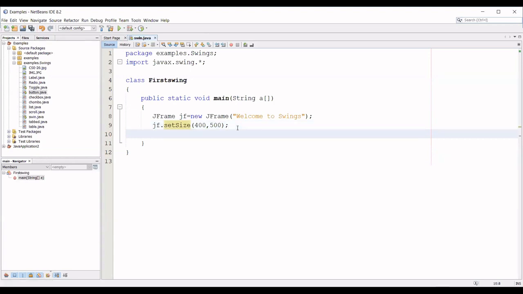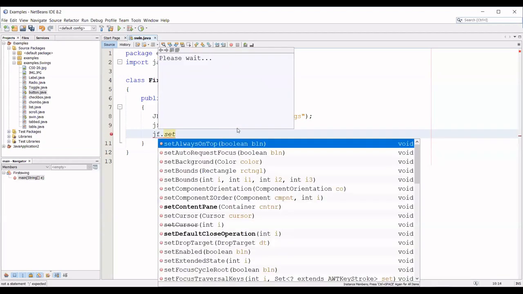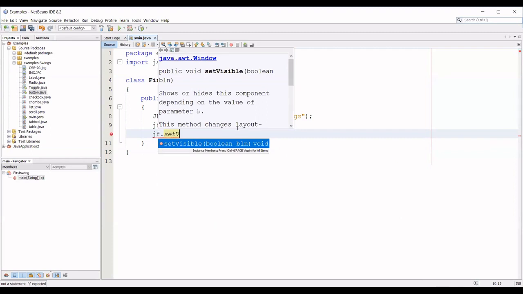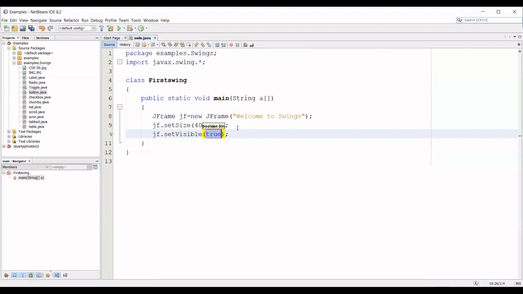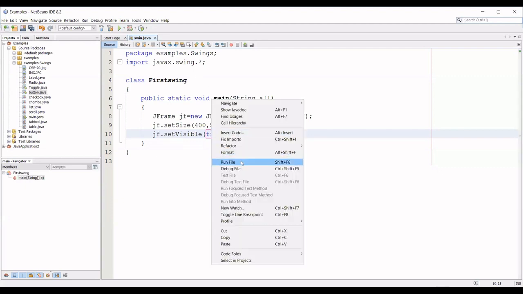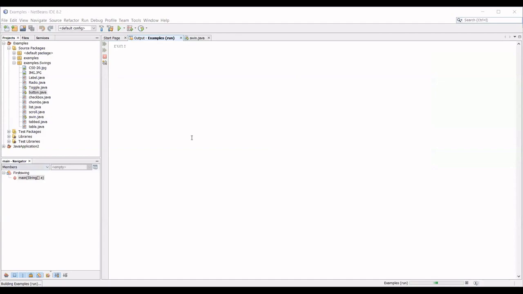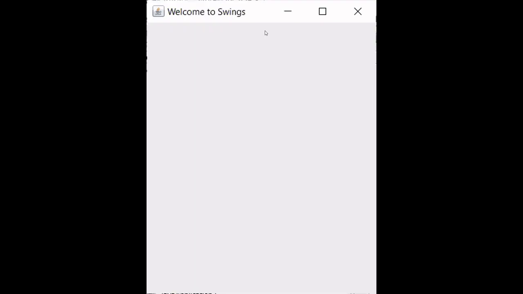Okay. Next, what can I do? Can I use visibility? Yes, that is a very important part here. You have to use this visibility option for JFrame. By default, it will be false. If you want to make that window visible, then you have to change the visibility to true. So now can you see the window? Small window. Can you see this? Yes, yes.